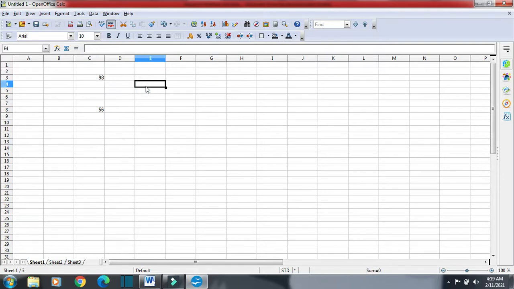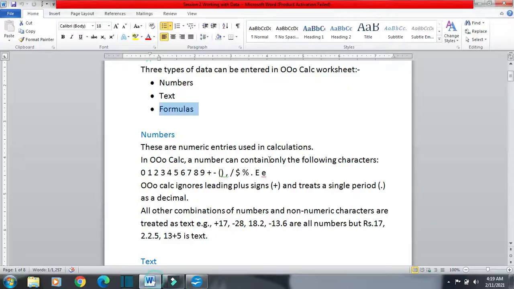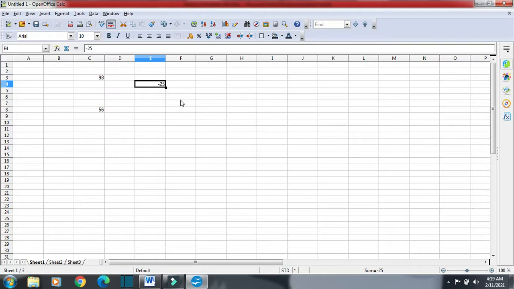If you will give bracket with the numbers will be seen as negative number, minus 25. There is also a number here and it is minus 25. Now comma and slash is also allowed. Comma, suppose we give comma, I have used comma here, only 3000. It is also allowed. You can see it is also seen as a number. Slash is also allowed. You can see this is also seen as number.